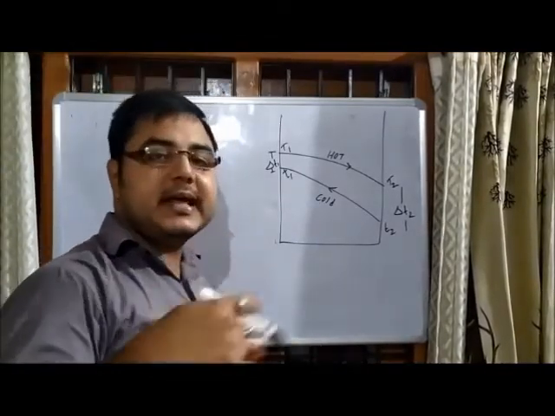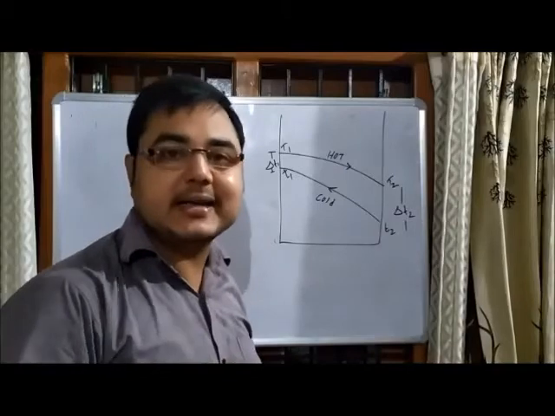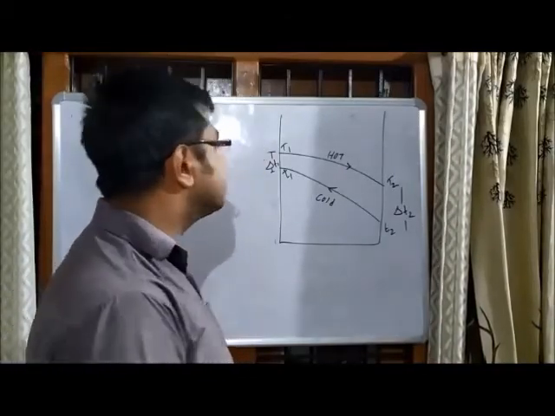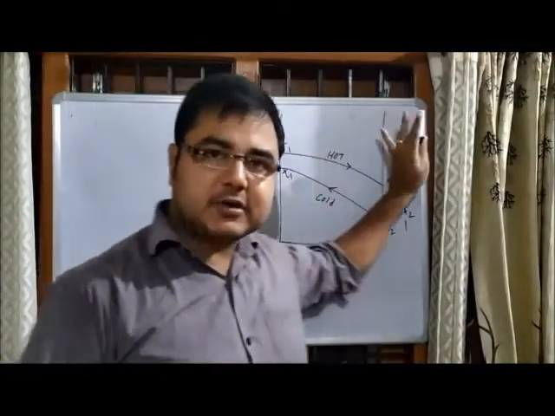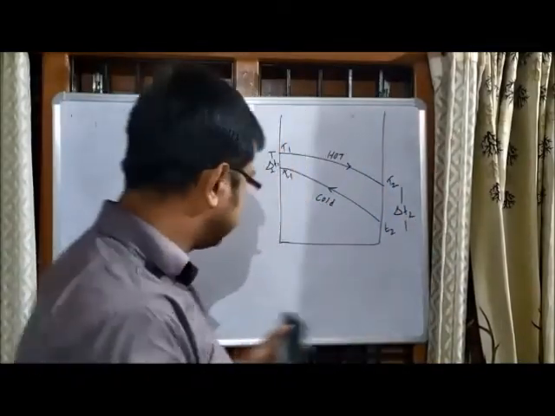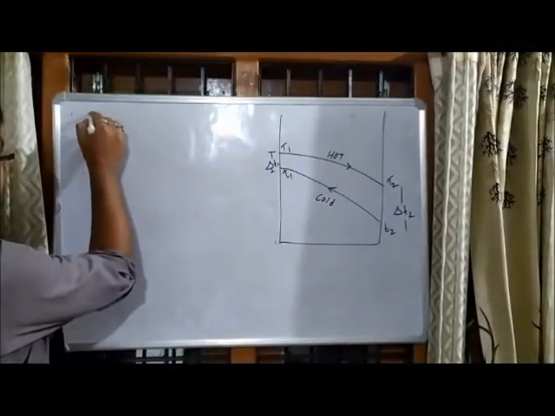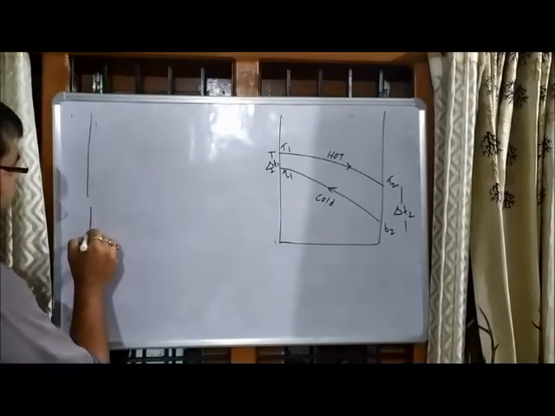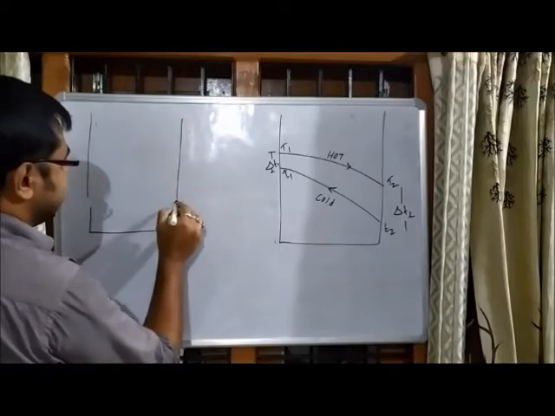So next is the counter current heat transfer. Earlier was parallel heat transfer. Now it is the counter current heat transfer. Before going into the chart, let's see what a counter current is. What I told you earlier, two pipes are in the parallel direction. Now these two pipes will be in the opposite direction.